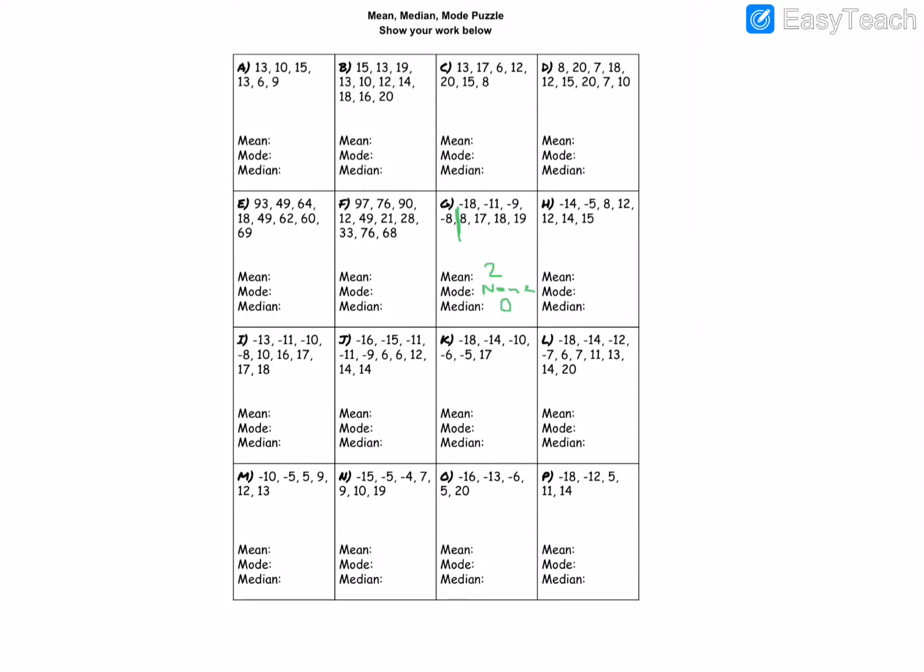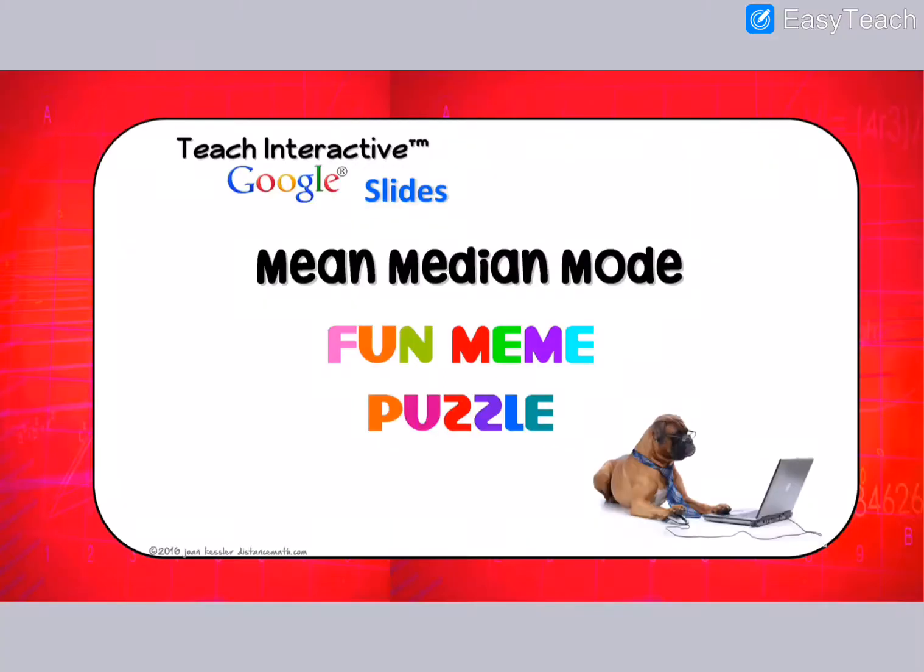So yes, please use a calculator for this. I just like this activity because it is a cute meme puzzle once you get it solved. So this was letter G. My mean is 2, my mode is none, and my median is 0. So to get on to the funny meme,